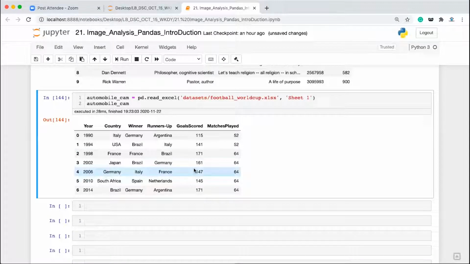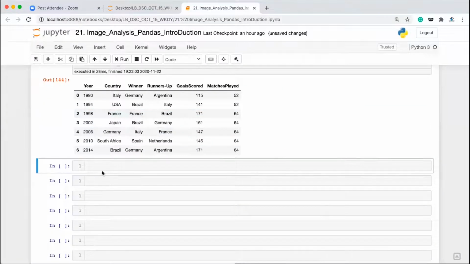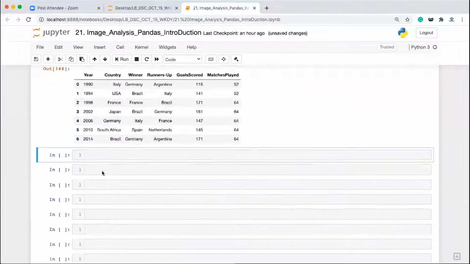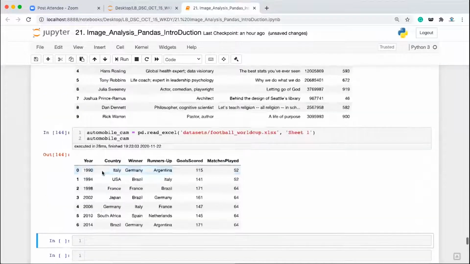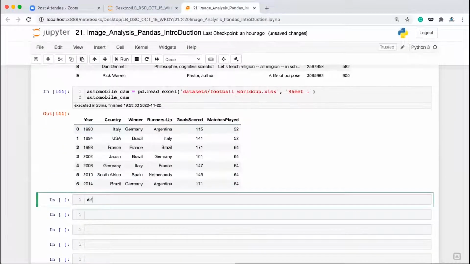So from the Excel file or from the CSV file, when you are reading the data, it will directly come in the form of a data frame. Clear? Now, how can we create a data frame out of a dictionary? We have a dictionary here. I'll be writing df_dict is equal to